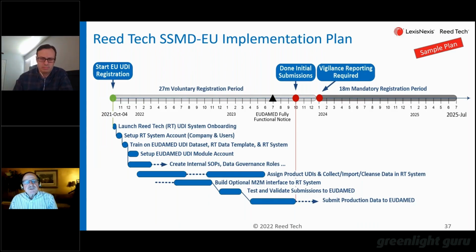I'll touch on this map. Now, we had put together just a very crude sample plan, and it was actually to help our clients work through the various tasks and put their connection together with RETEC and so on. But it was built back in October of last year. So 2-4 months have gone by, and now things are starting to compress. So if you want to be